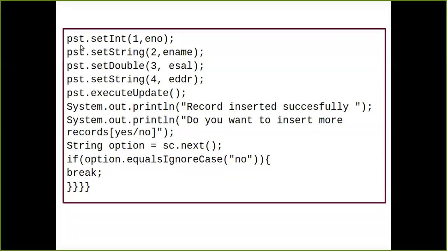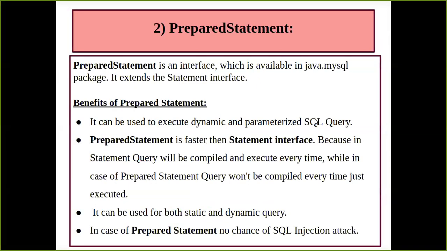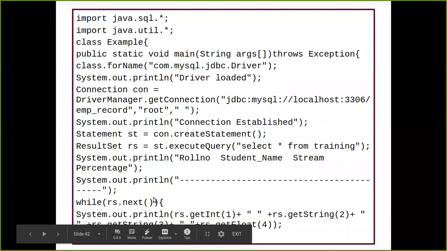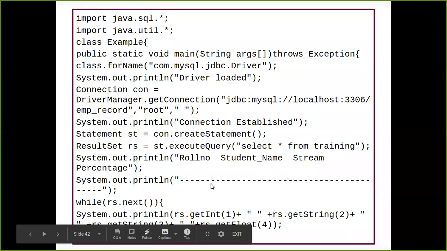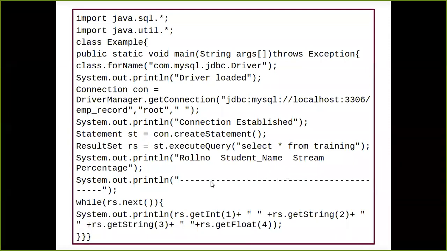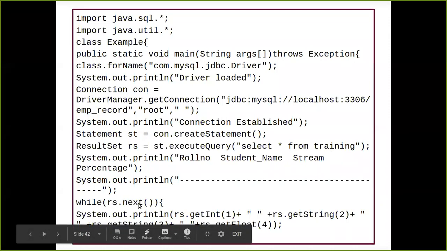PST. Now, if you remember in the last program, I'll just go back to that program over here. Why the next method was being used? Because when I'm going to put the values, fetching the value from this select query from the training table, what expectation I was having, I should get a table format and the data which is being stored into that table should get it displayed for my client. So next method is going to do what? It is going to read my data row by row.